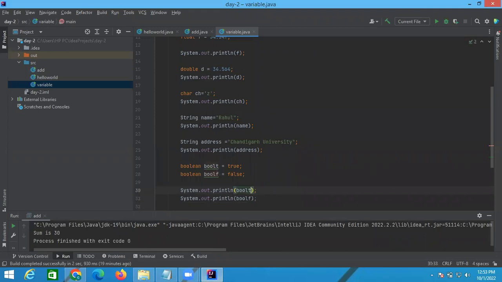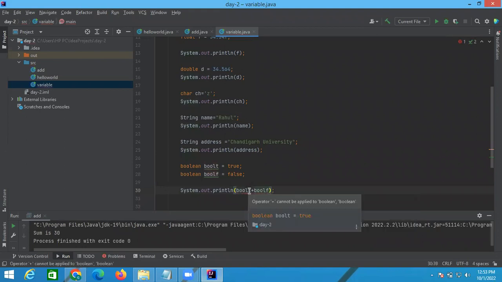Now in this way it automatically creates a new line. Means दोनों आउटपुट दोनों नई लाइन्स में आ जाएगी। But अगर सिंगल लाइन में ही करना है तो कैसे करेंगे? मैं क्या लिख दूंगा प्लस बूल एफ। अब ये देखो ये क्या हो रहा है, एरर आ रहा है प्लस ऑपरेटर। मीन्स हम डायरेक्टली अप्लाई नहीं कर सकते। तो हम कैसे अप्लाई करेंगे इसको ध्यान से समझो। ये बड़ा इंपॉर्टेंट कंसेप्ट है। इट्स वेरी इंपॉर्टेंट कंसेप्ट। प्लस